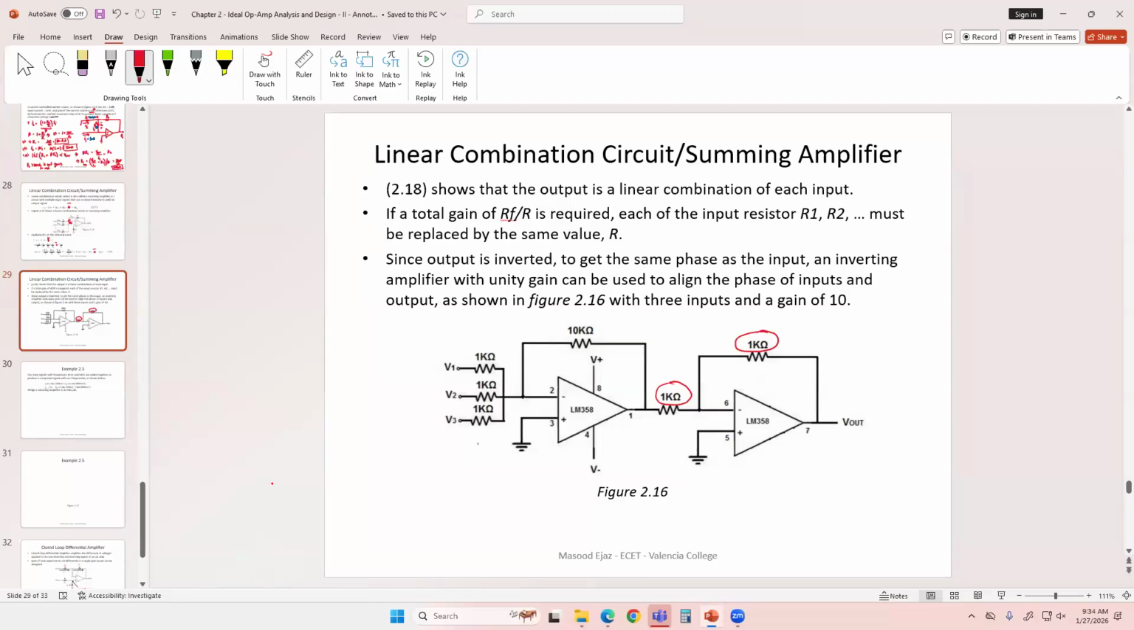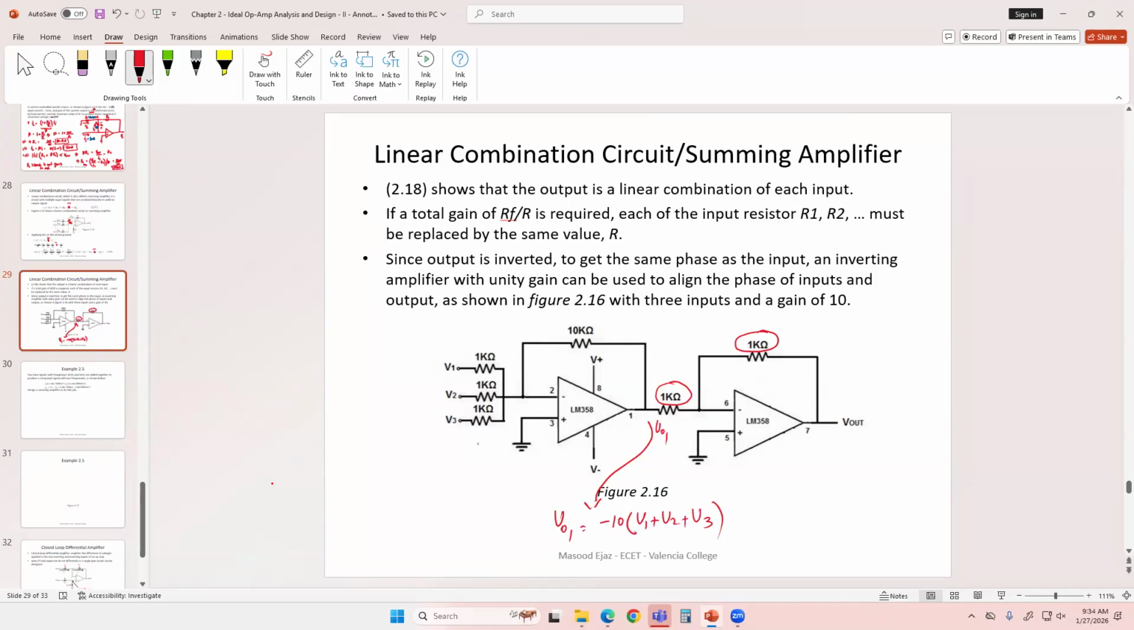In this case, since all of these resistors are 1K, feedback resistor is 10K, then the gain of each branch is simply going to be 10 over 1. So gain of each branch is going to be 10. So when you have your expression of the voltage over here, let's say this is V out 1. V out 1 will simply be negative 10 times V1 plus V2 plus V3,